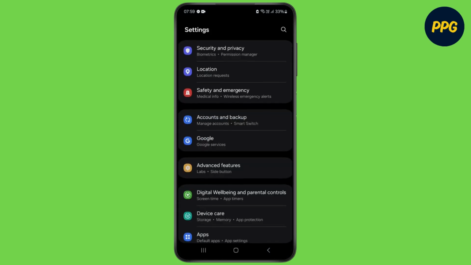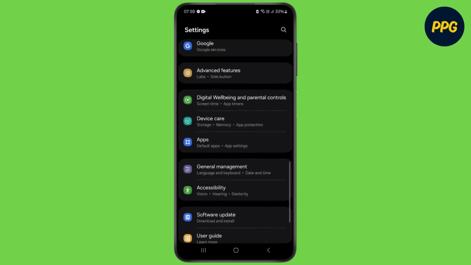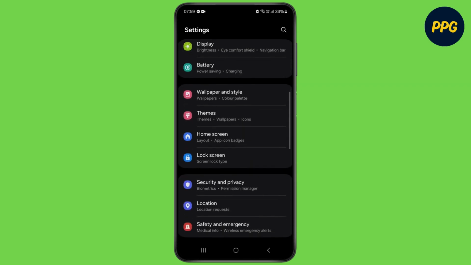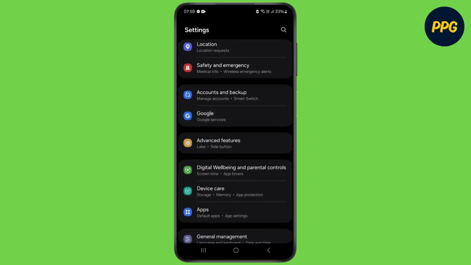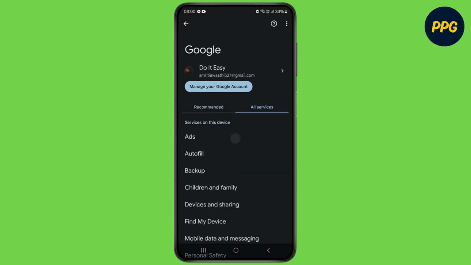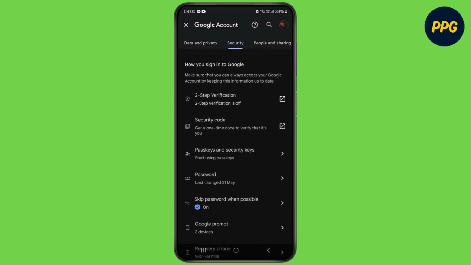Just go back to the home page. Now scroll down and down up until you see the very option of password manager. So after you go on the Google and see the very option of password manager right here, just tap on manage your account, see the password manager options, and after you go to the security option and scroll down here,